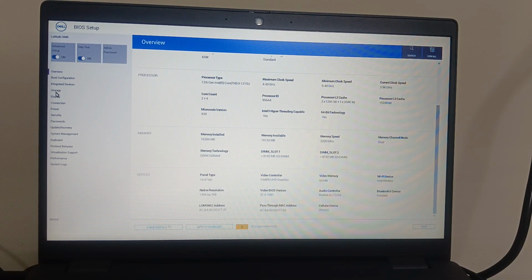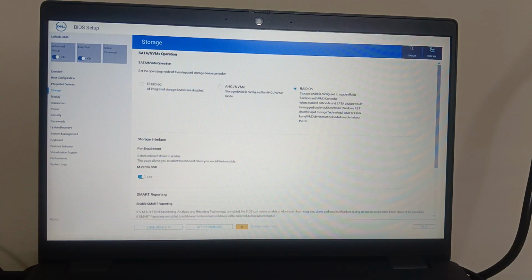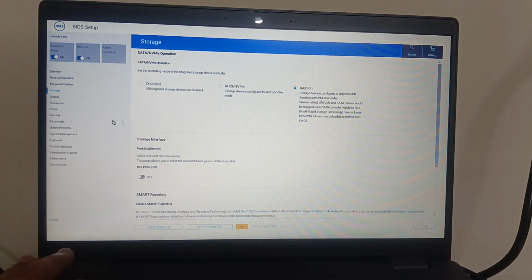Now you need to go to storage here, and once you go to storage, as you can see, Raid is supported with the VMD drivers. It is written here as well: the Linux kernel VMD driver must be loaded in order to boot the OS. It is clearly written here that the VMD driver is a must. Anyhow, you need to look for storage. Select your AHCI option here,